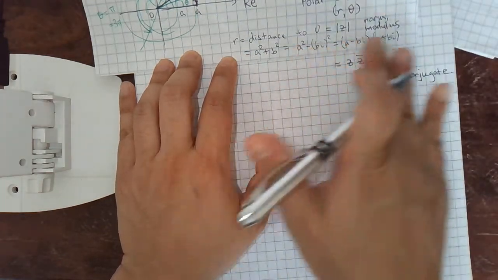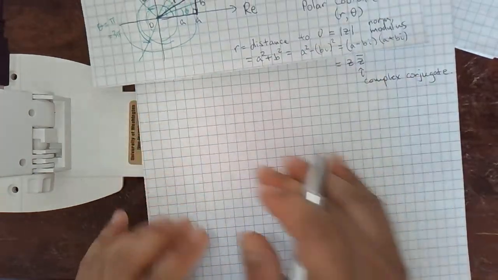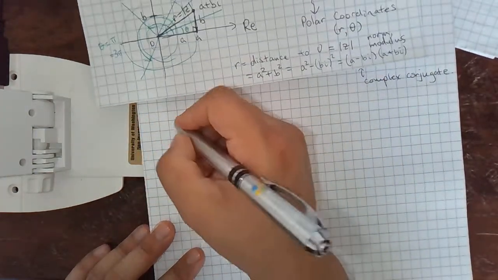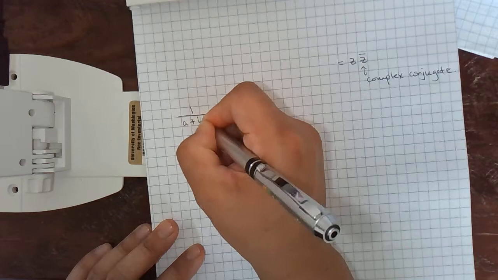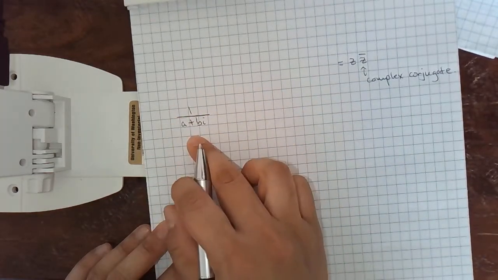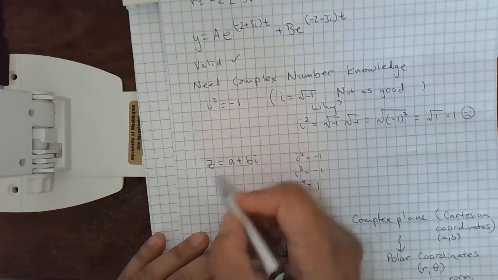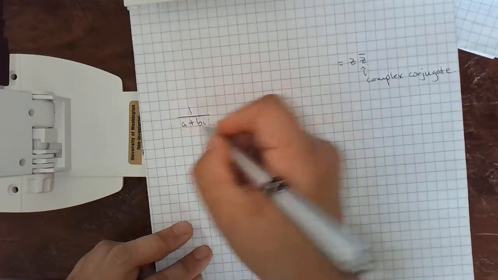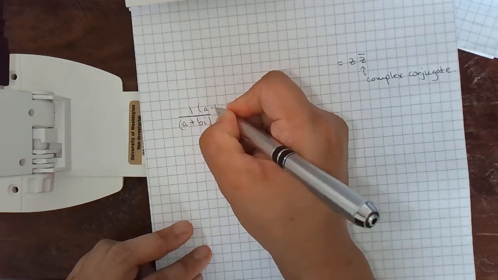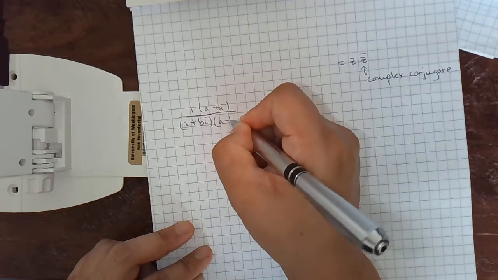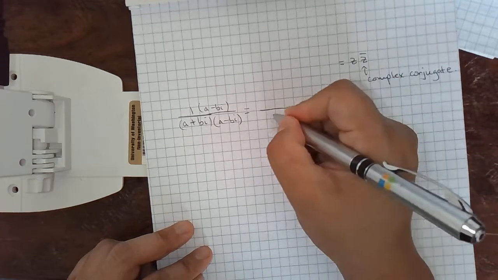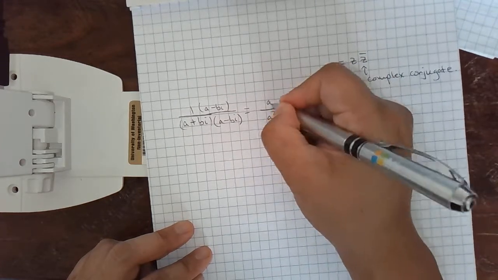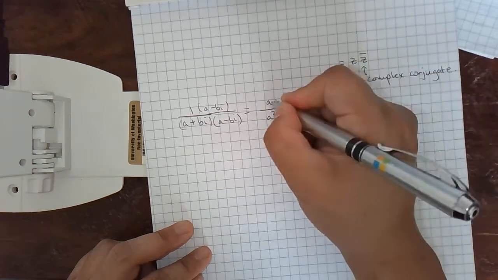Okay, you don't necessarily need to know that right this minute, but complex conjugates are really important if you end up with a complex number in the denominator. We don't like leaving complex numbers like this. We like having complex numbers as real number plus other real number times i. So if we have this, the solution to make this better is to multiply top and bottom by the complex conjugate. And as we saw from before, the product of those two is going to be a squared plus b squared. Oh sorry, this is a minus,